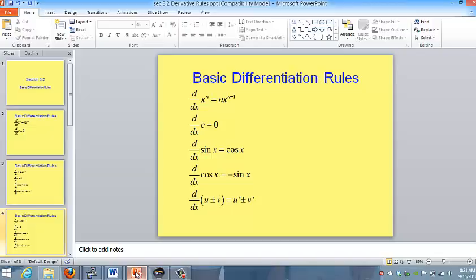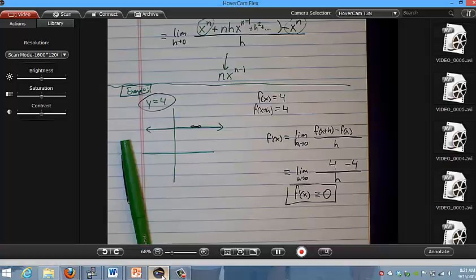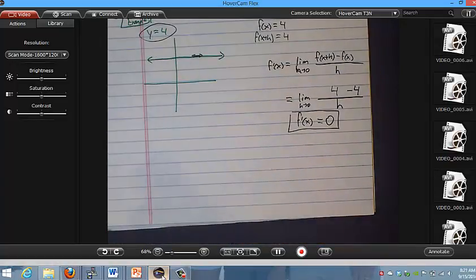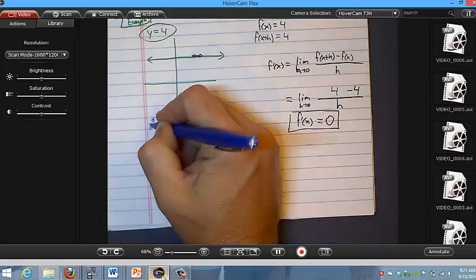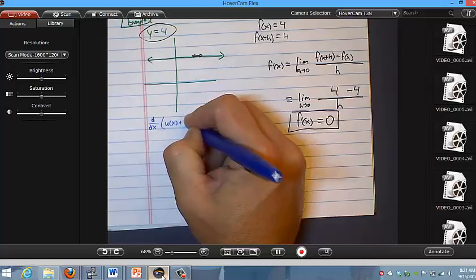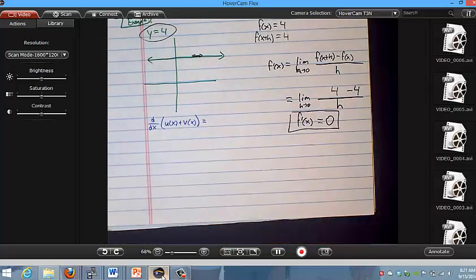By the way, any time in this class that you see me use the letters U or V, I'm usually talking about functions of x, like f of x or g of x. This is u of x and v of x. And really, I guess this is two rules in one. You could put a plus sign between functions, or you could put a minus sign between functions. And the point is that to find the derivative, let me help you with this one. Again, what's the rule? The rule is, let's do plus. The derivative of u of x plus v of x is equal to,